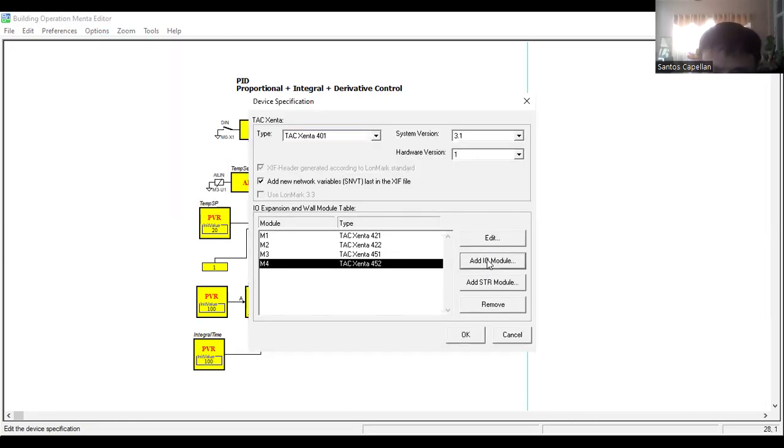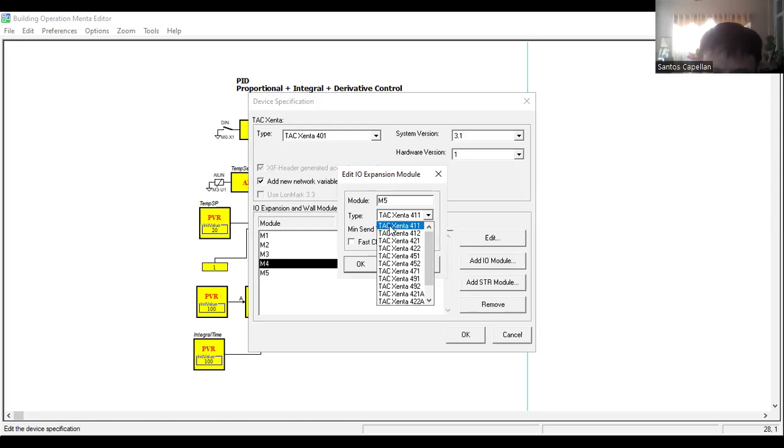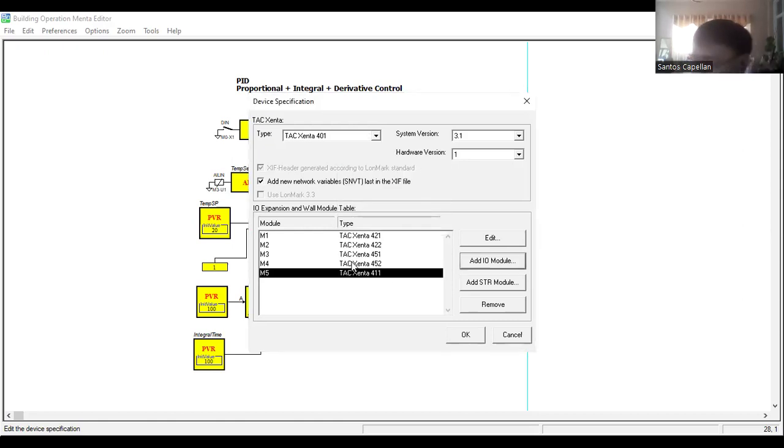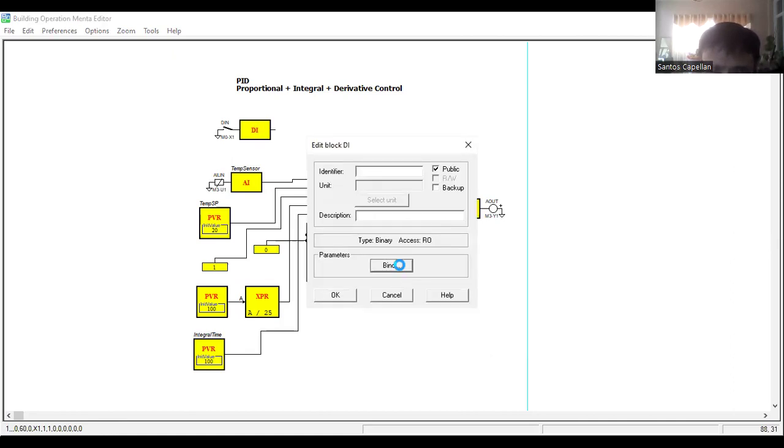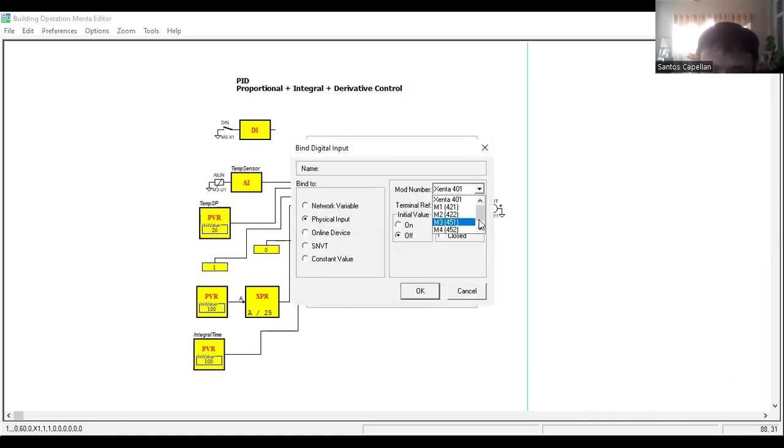I will add IO here for 11. Now I'm just adding IO to be able to simulate the control. But in the real application, you need to select properly your controller or the IOs. Then I will bind this now to digital input. So I will bind it to port 11.